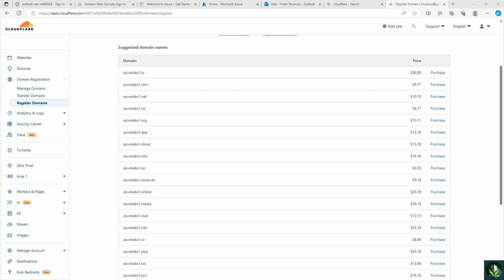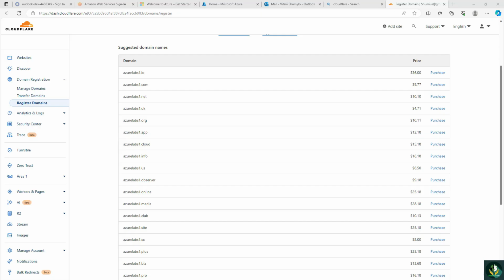Once you have registered or transferred your domain to Cloudflare, you can add it to your Cloudflare account by creating a new domain within Cloudflare, and then performing additional steps to activate the domain. You can also add a custom domain to a branch on your Pages project by following the instructions provided in the Cloudflare Pages documentation. So, for now, if I'd compare these three, AWS, Cloudflare, and GoDaddy, I'd say that for